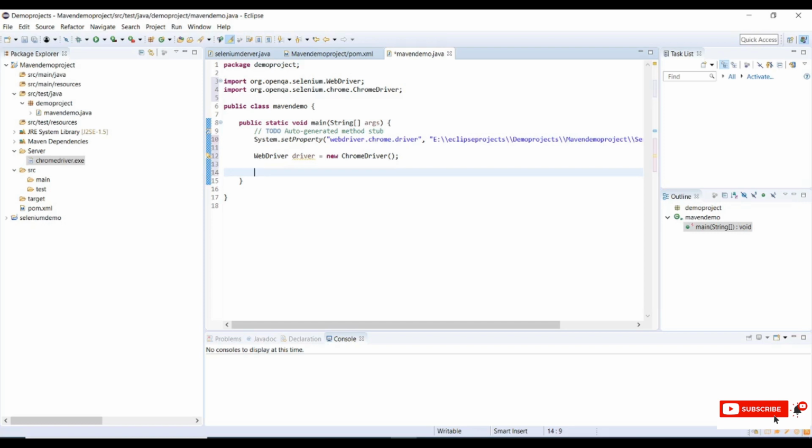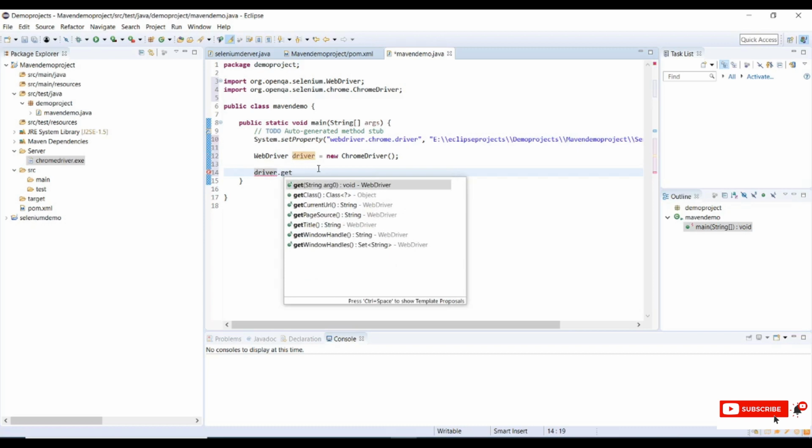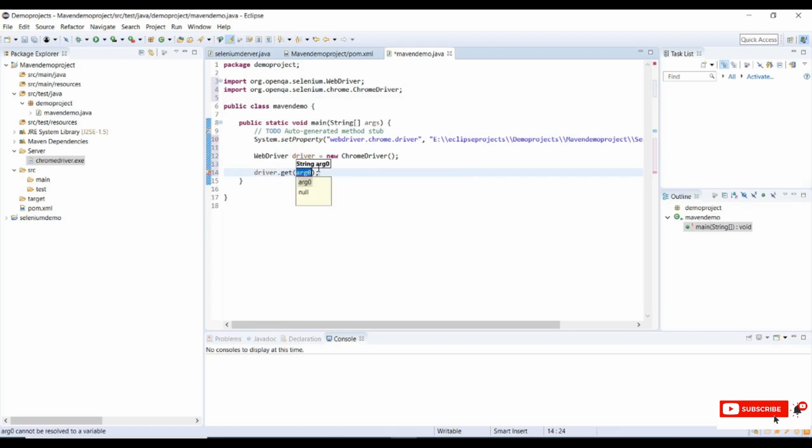Let me launch a website, driver.get, and let me give a URL. I'm giving a sample Google link to open.